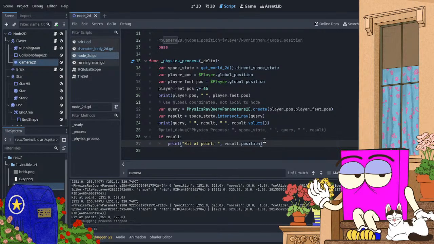Yeah, 251, 320. That is perfect. Well, I guess it really doesn't matter how far it goes down because the ray tracing stops when it hits something. That's the whole point of ray tracing. When it collides with something, it